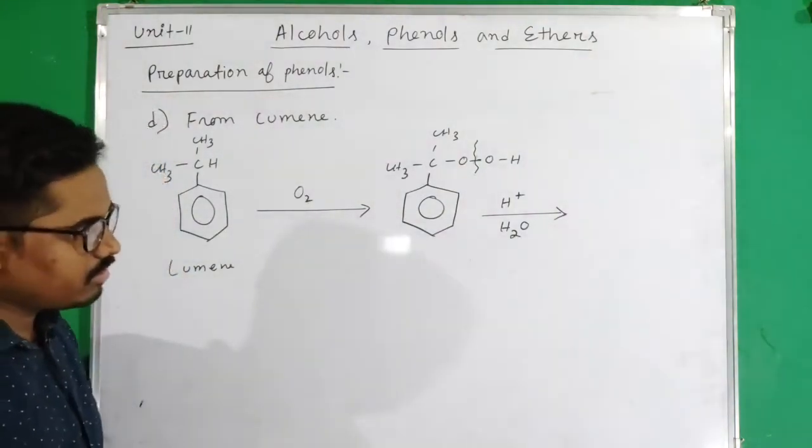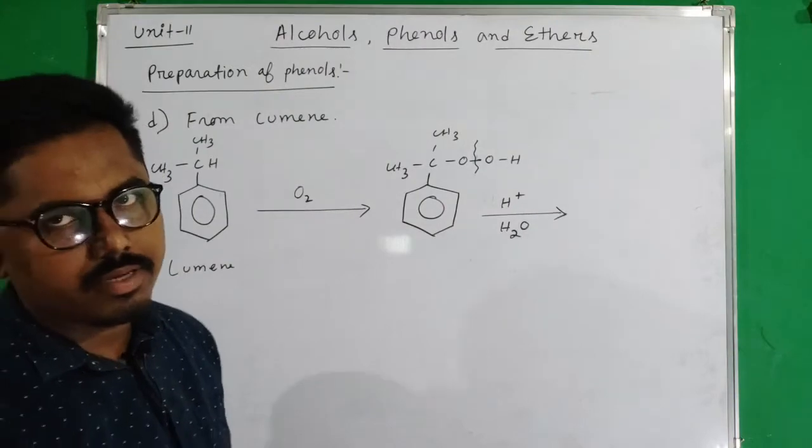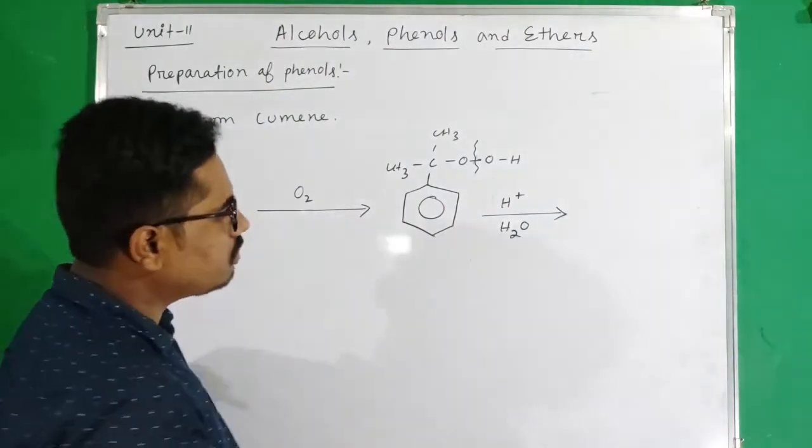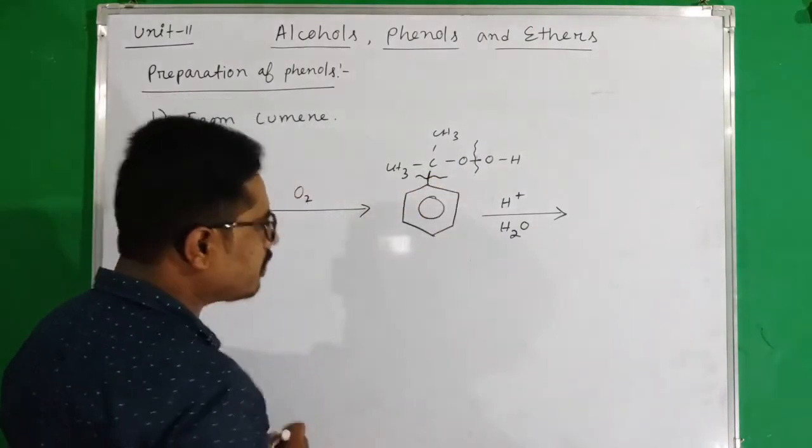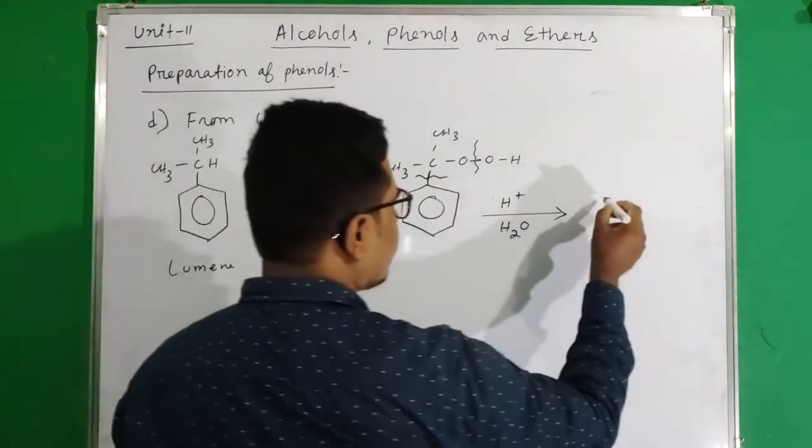But in this case a single bond is present, and the peroxide bond is hence a very weak bond. Therefore the bond will break here. Again this bond will break. You can remember it like this, okay? And then